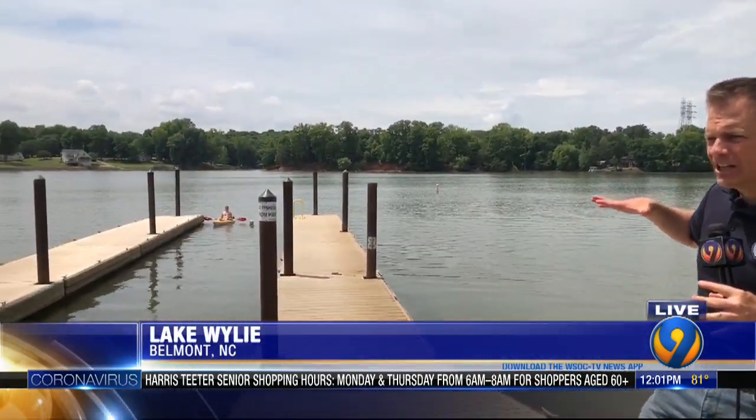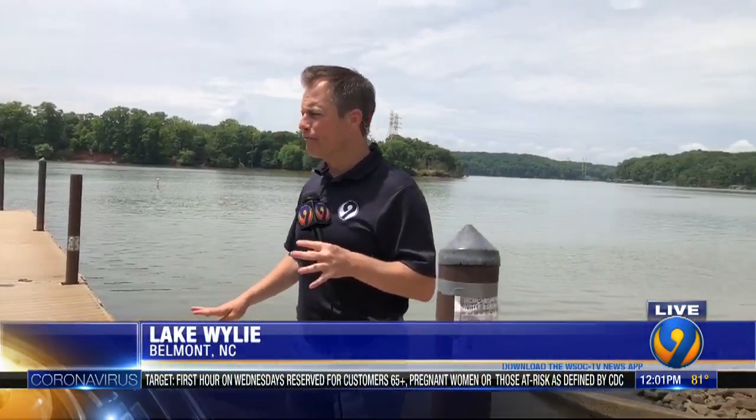Now, we're at Lake Wylie in South Carolina, and actually, if you look at this lake, it's significantly lower than usual. It's down about 4 feet. People actually are out swimming and boating on it. But what's going to happen later on today is they're going to release more water from up across Lake Norman and Mountain Island, and so the levels here will be picking up. And it's all in anticipation for this major rain event, which, as you were talking about, is going to be